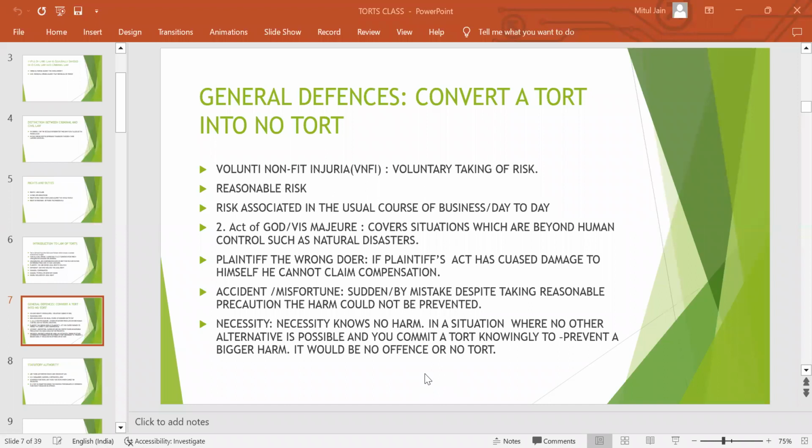That is voluntary taking of risks. शिखा सारे ही डिफेंसेस हैं जो हम पढ़ रहे हैं अभी।